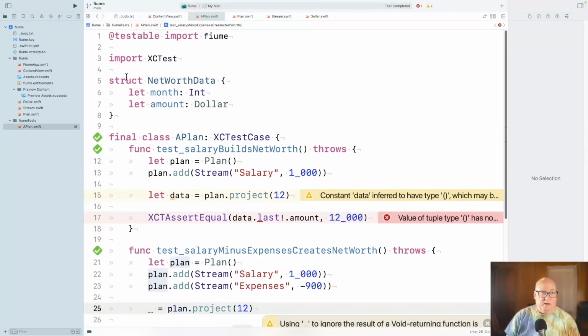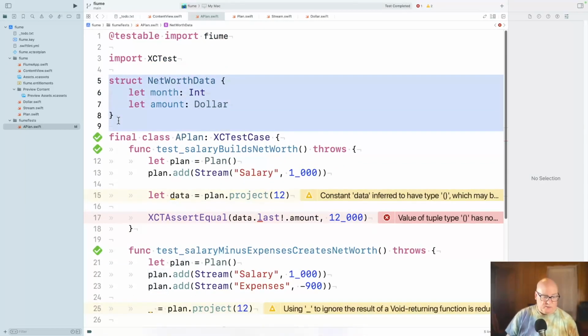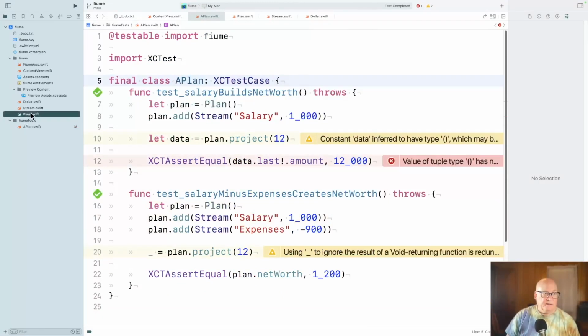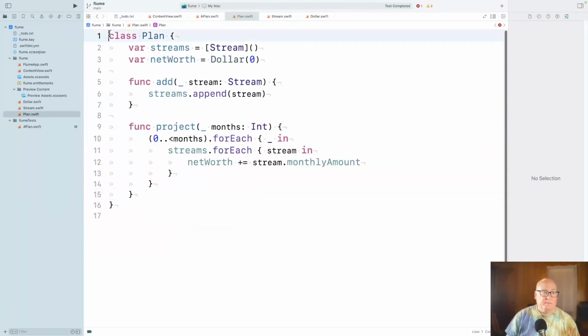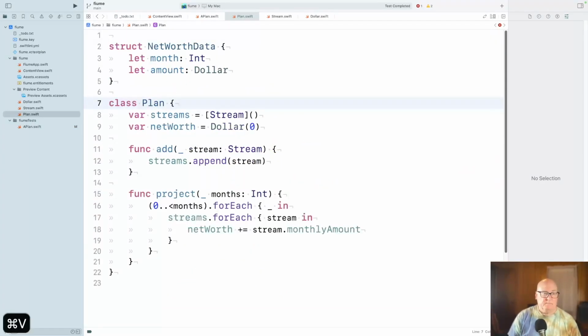Okay, so I'm going to pull this over to plan. And I'm going to make this return an array of net worth data.